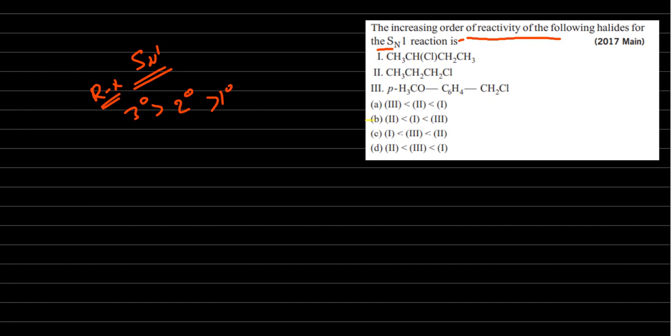Which carbocations? In case of the first, secondary carbocation. Here, primary carbocation. The third one is primary, but here a benzene ring is there. The benzyl